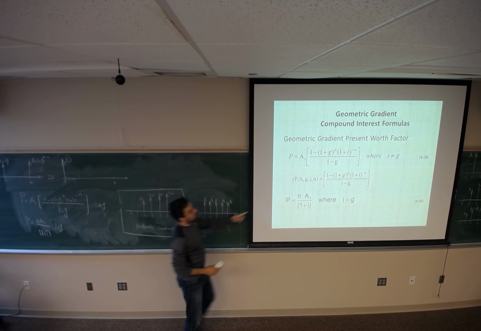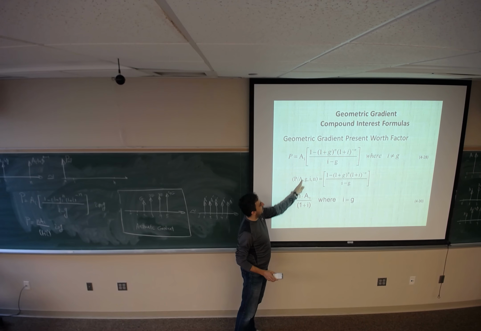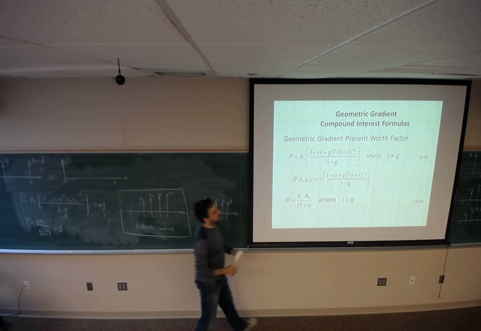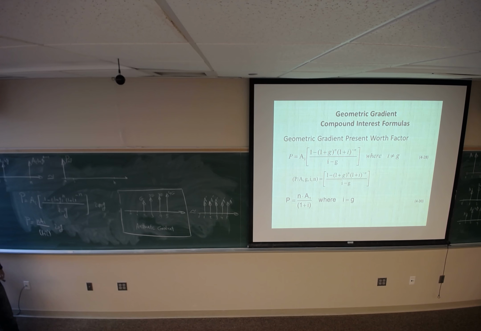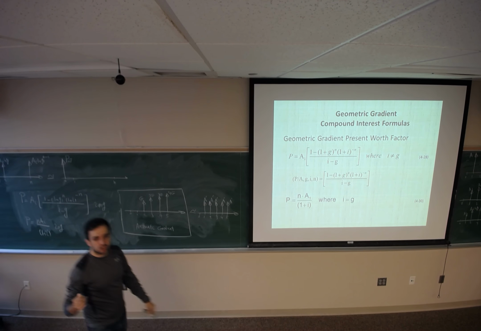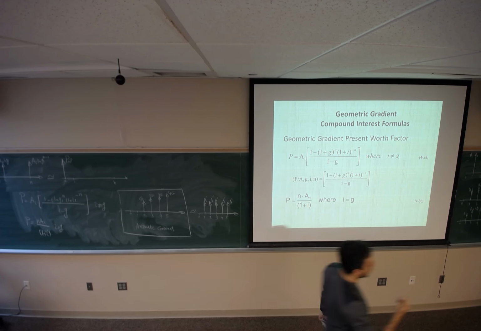So, to find P for a given A which is growing at the rate of G, at the interest rate of I over n periods of time. What else? Any question on this? I'm going to work on some examples, but before we go through examples,